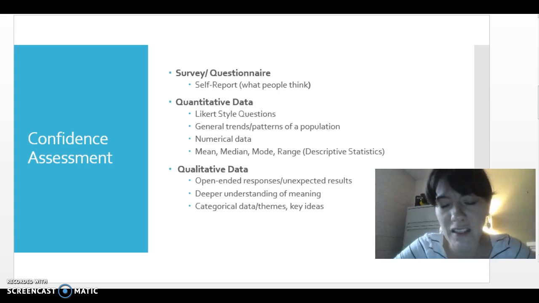So what a survey can do is tell you what people think. It basically asks people to report on themselves. So they can tell you what they think, they can tell you what they feel. In this case, they can tell you how confident they are in their abilities. And they can also tell you what they think about their behavior.